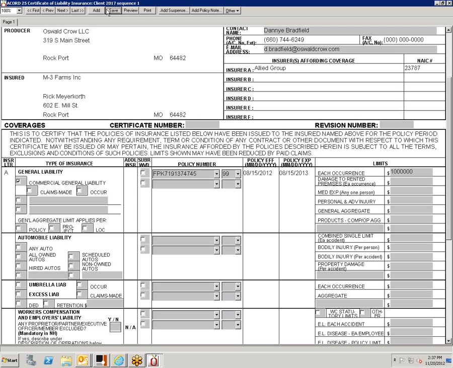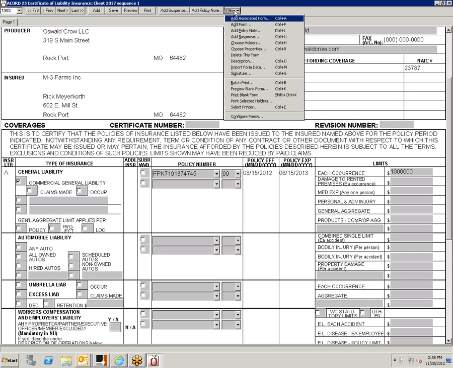So that's the steps. You bring up the form, you choose the policies, you input the limits and so forth, you put a description, and you put a signature. And you save it. Now we're ready to... Well, excuse me just a minute, Elaine. The description was in that other tab, or did that come up automatically, or did you have to choose the other tab? You had to choose that, didn't you?